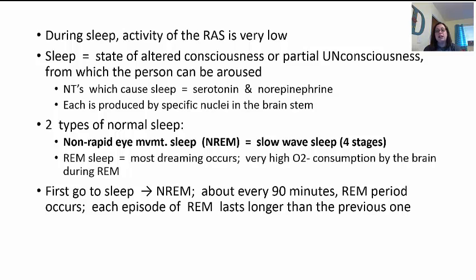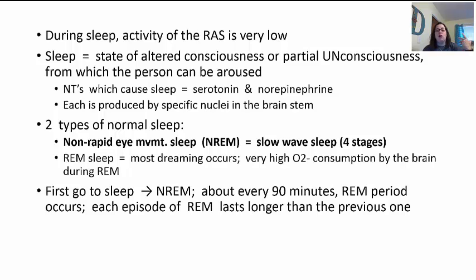Now, REM periods only last for a short period of time, okay? So at first it may only last for 5 minutes or 10 minutes or something like that, and then you go back into non-REM. Now, normally you don't go all the way back into the transitional or light. You may go into moderate and deep sleep, okay? You may not go completely back out of it, but you'll go into more of that lighter sleep.